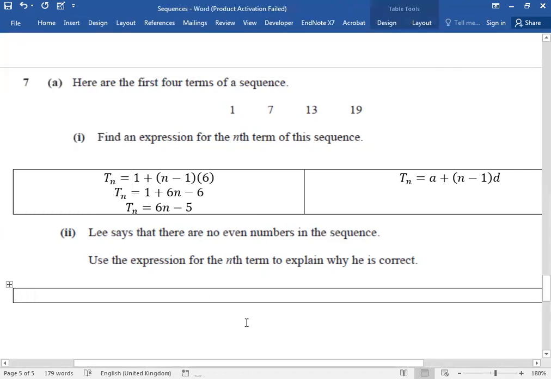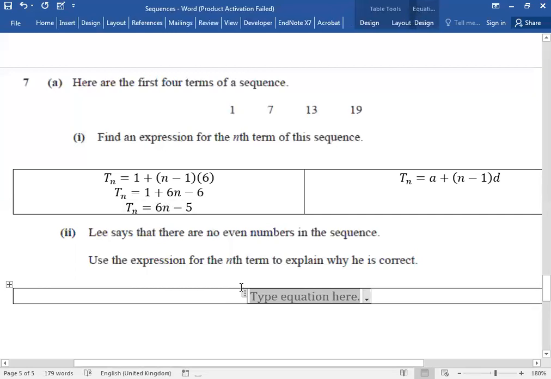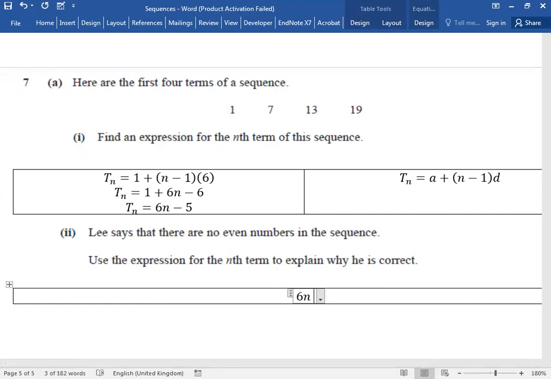Okay, Lee says there are no even numbers in this sequence. Do we see any even numbers in this one? Use the expression for the nth term to explain why he is correct. 6 into n will always be an even number. Is that right or wrong? Because 6 is an even number. When you will multiply it by any number, the answer will be